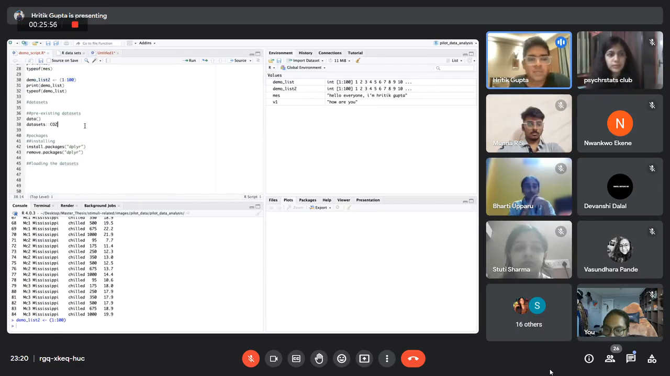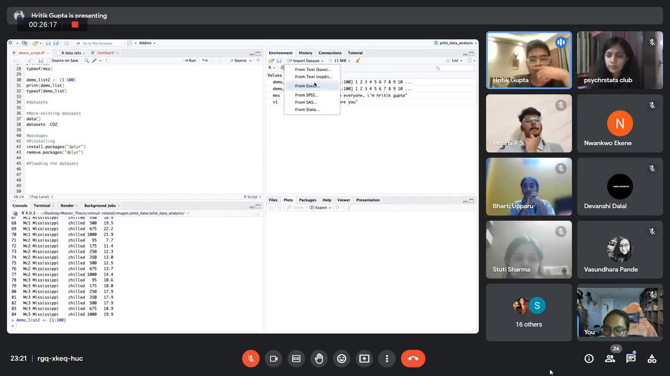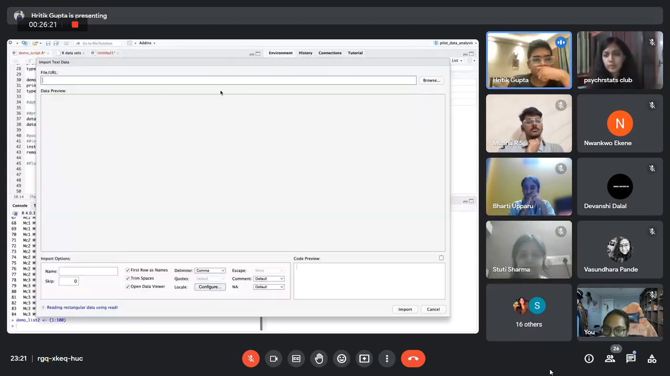Now coming back to our data sets, what you can do is click on this button, import data set, and you have a range of flexible options to begin with here. If you have your data set in Excel, if you have your data set in a CSV file, or in any other R extension also, you can read it from here. Let's say if I select this,